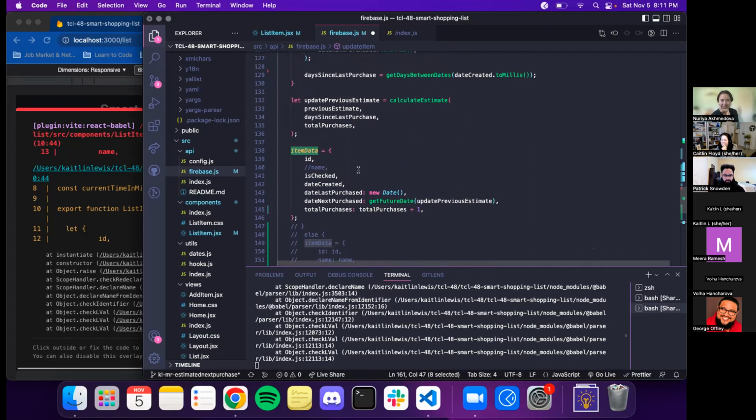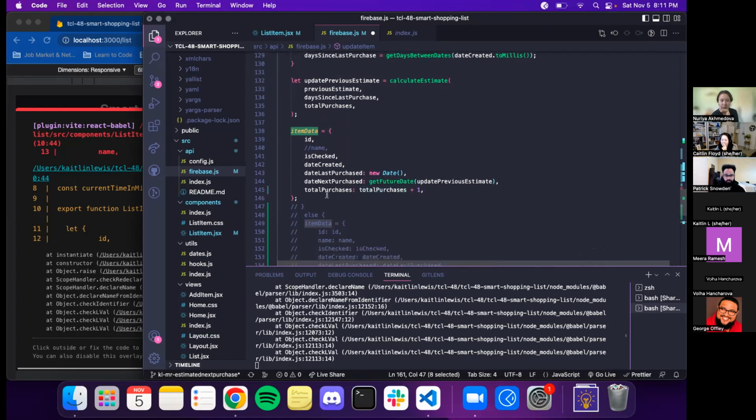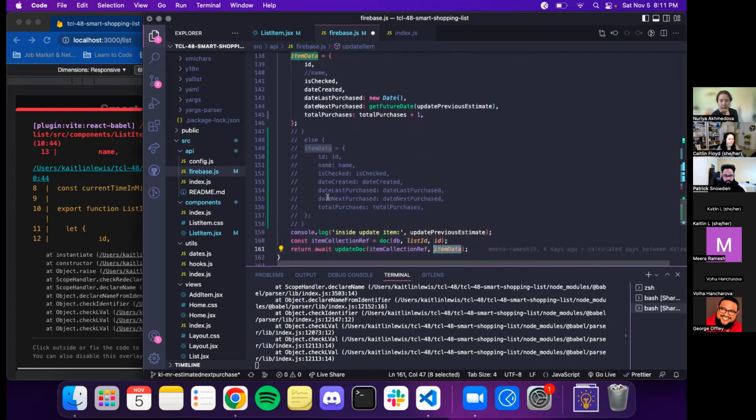Yeah. All good. So inside of here, inside of your item data, you would probably want to just update the values, right? Like item data date last purchased, and then pass it on in here instead of rewriting it. You would just change the values that changed. Sorry, by rewriting it, do you mean having this object here? Yeah. So you are replacing it in here, right? Perhaps you can do item.data dot date next purchased and then equal to new date. Oh, in the object?